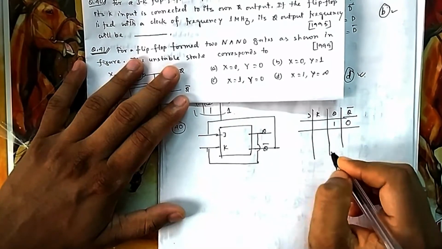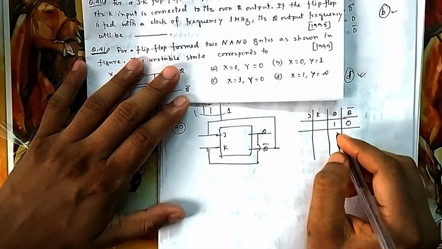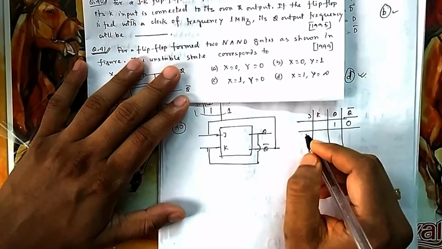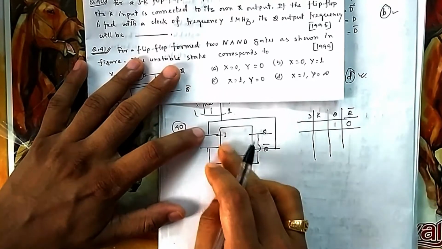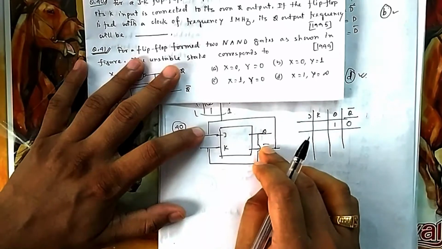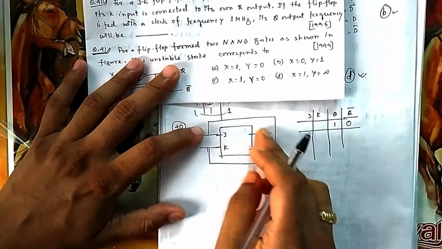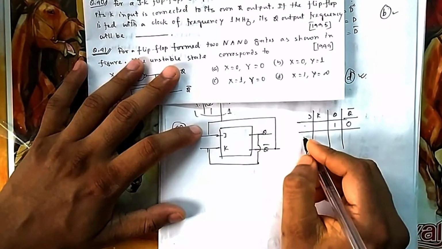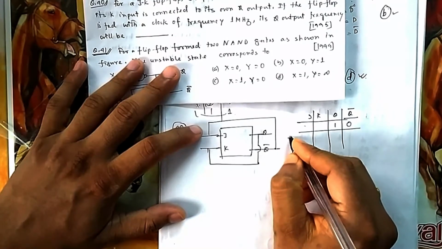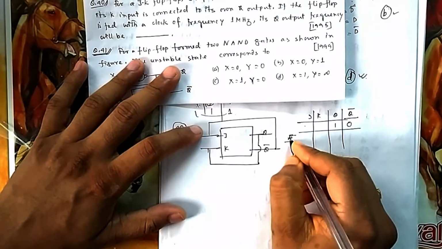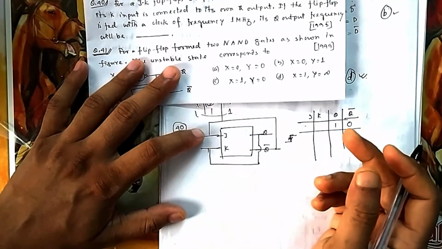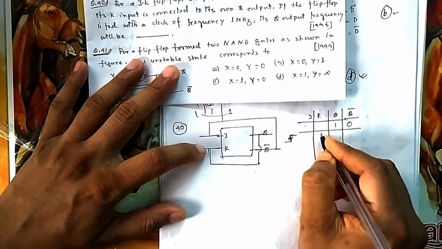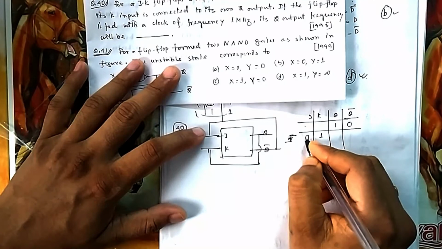So if this is the state, what will your input look like now? What will be your JK? Suppose this is your output at any particular instant. Suppose I give a clock pulse here; now it will operate. It will see what the input is and accordingly change its output. Because Q is connected to K, this will come directly here, and Q bar will directly connect to J.